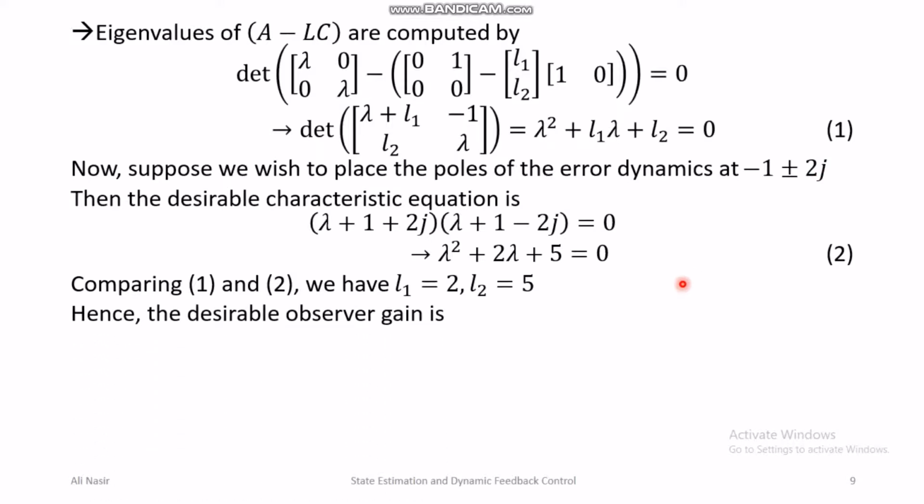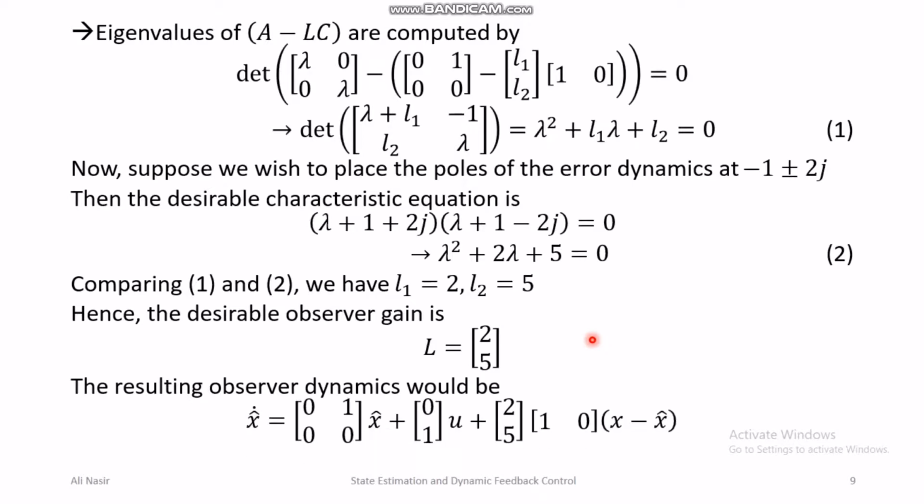Hence the desirable observer gain is 2, 5, and then the resulting observer would be x hat dot equal to A times x hat plus B u plus L into C multiplied by x minus x hat. So this will be the observer. This can be implemented in the microcontroller where you implement your controller, and this would just be a programming code